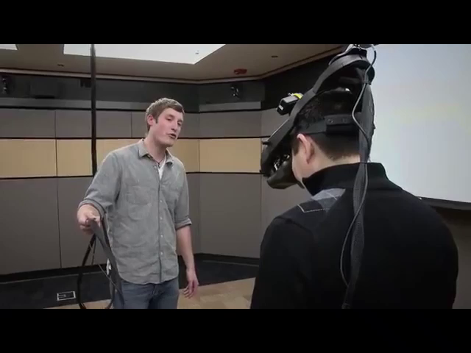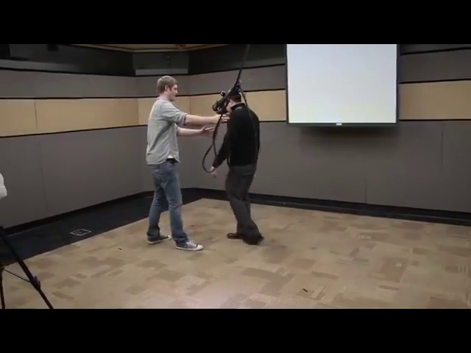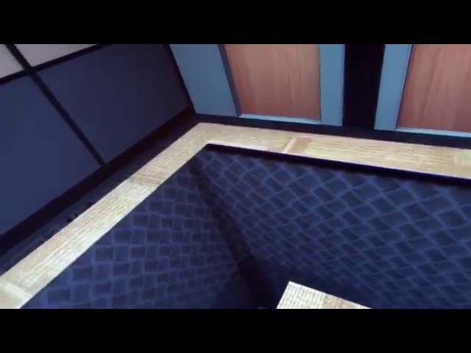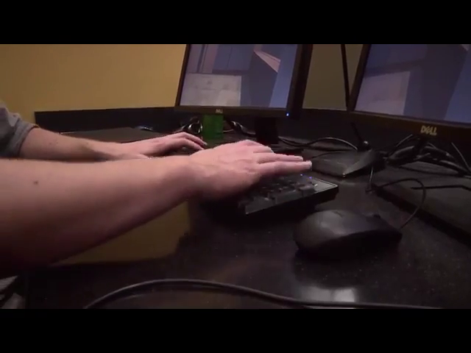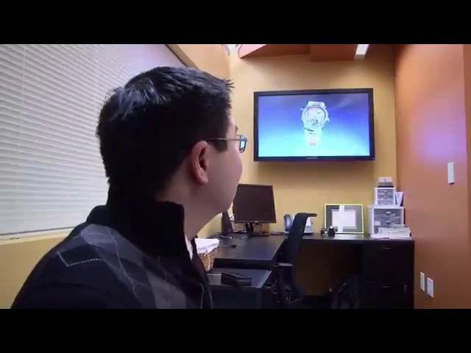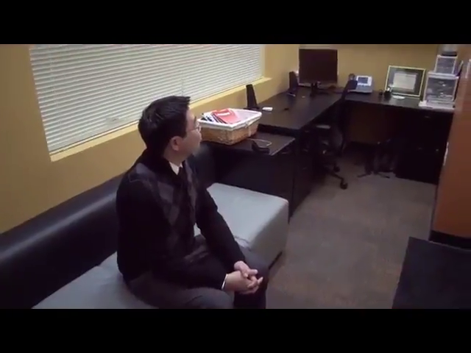You are now in what we call the virtual pit. So your task for this world is to cross the plank towards the other side. We have one of the best head-mounted displays that replaces your vision with a very high resolution, high field of view image of the virtual world. From the control room, an experimenter can sit and really orchestrate everything that happens in all of the rooms. When people come to wait for an experimenter, or come to visit for a lab tour, the first thing they see here is this amazing 3D monitor that beams holograms into the room, and they don't have to wear any glasses to see them.